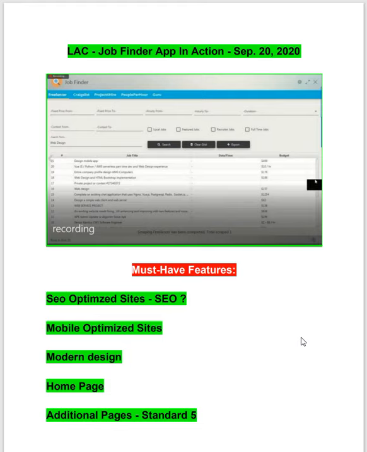Now, what are SEO optimized websites? Google and other search engines have some basic, must-have requirements in order for those search engines to recognize you as a modern website, and they will give you an advantage when it comes to ranking your website. Although if your website is very modern, with a very nice design, still Google will favor you.